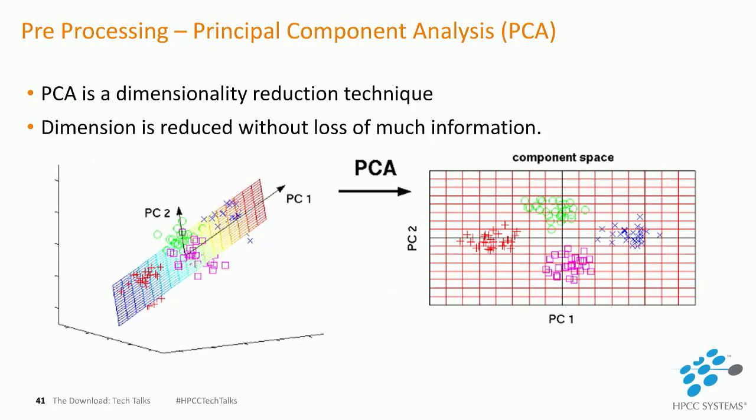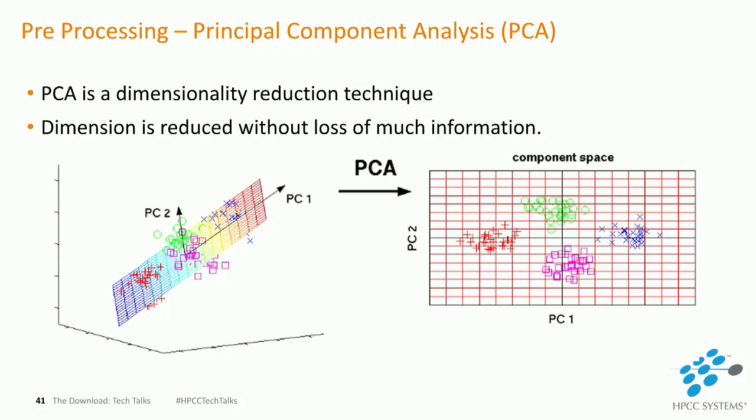Right, now coming to the pre-processing that has been done on the dataset. Now, see, principal component analysis in its essence is a dimensionality reduction technique. So the objective of principal component analysis would be, given a certain dataset with some amount of dimensions, to represent the exact same dataset with a smaller number of dimensions without much loss of information. So I guess this figure gives you a very good intuition.